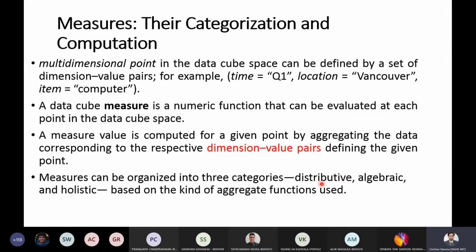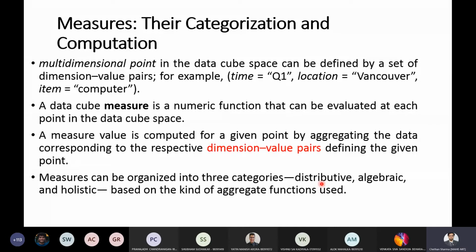You have to take a huge data set and partition it into n smaller subsets. For example, sum is considered a distributive aggregate function because you can apply sum to each of these n subcube partitions, and you can aggregate them to find the sum of the entire, bigger data set. Next is algebraic.